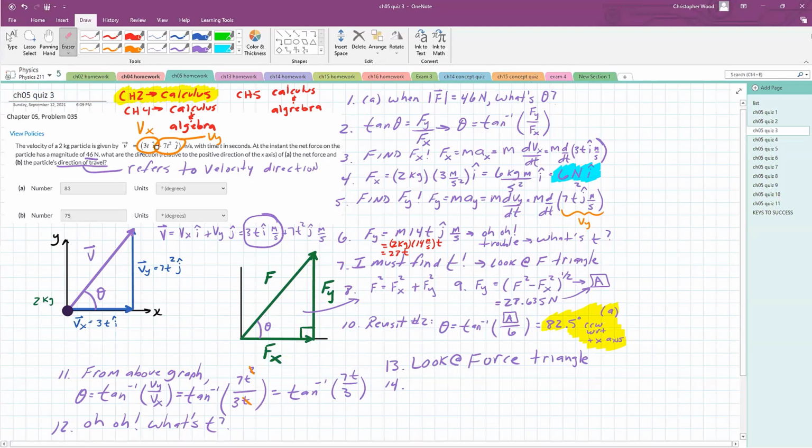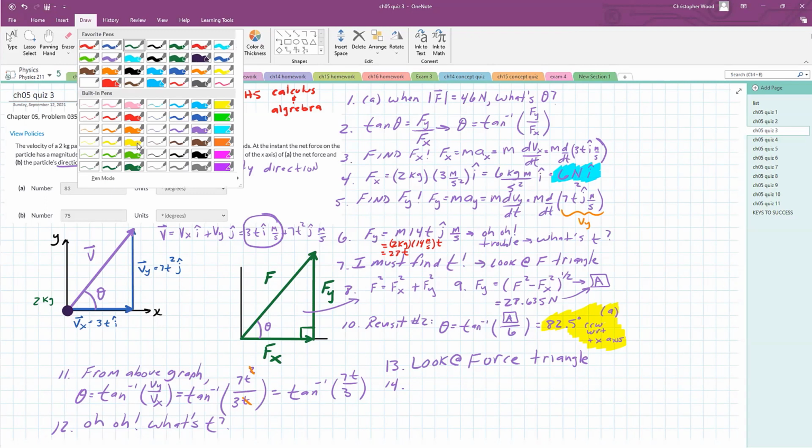Like here, if I erase this, see that? Oh, okay. My problem, it was positive, but it looked like a minus for you. Sorry. I kept thinking that too, which is why I've done that a couple of times. Right, but it is positive and it stays positive. All right, so if I look at this force triangle, which is the only other piece of evidence I can grasp onto, which is fair,